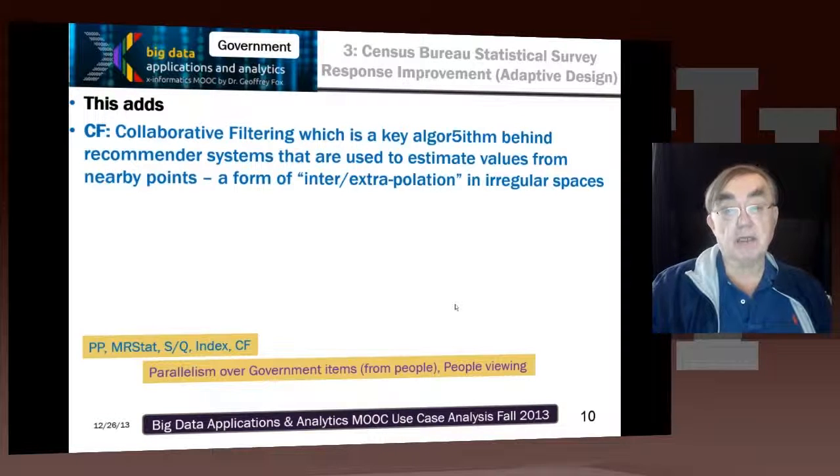And so here we have our discussion of new ideas which were introduced there. The one that I highlighted here is collaborative filtering, which is a key algorithm behind recommender systems, and they're used to estimate values of nearby points.